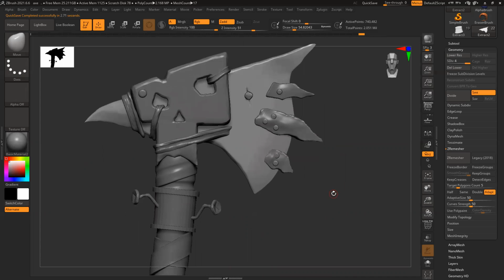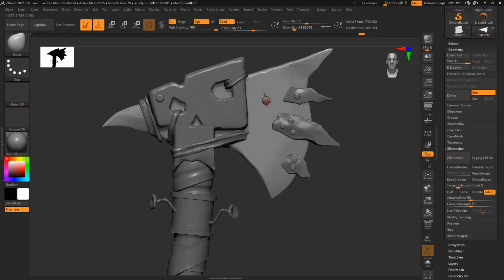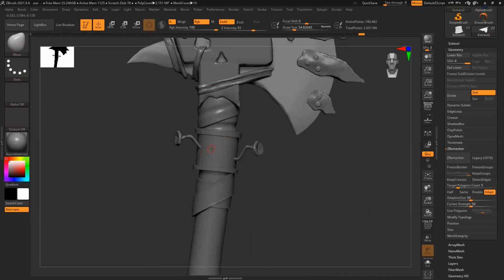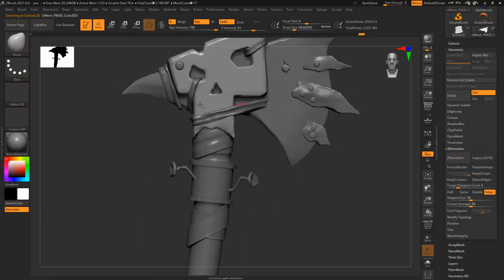Now I have to add all the details one by one. Similarly, I have to create this kind of design for all these things. For this also, I'll fix this. I have to add design also here and plus add some cuts and dents here. So for this, there is a free custom brush available named Orb Brushes. If you Google it, it is for creating these dents and all.